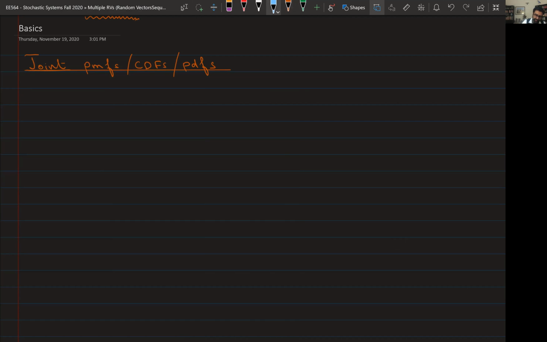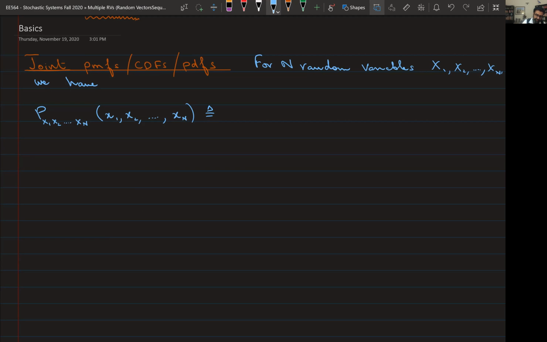So for n random variables, where this capital N could be 2 or more, or actually 1 as well, for n random variables X1, X2, dot, dot, dot, Xn, we have the joint PMF described over all of these random variables, evaluated at small x1, small x2, dot, dot, dot, all the way up to small xn, defined as the probability that capital X1 equals small x1, capital X2 equals small x2, and all the way up to